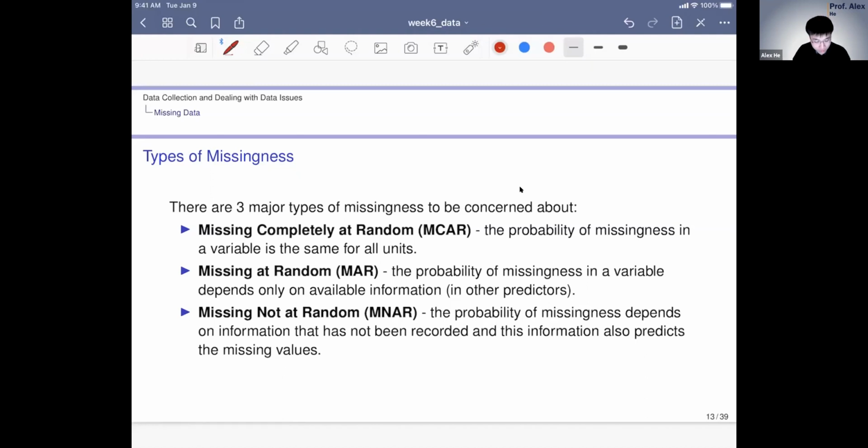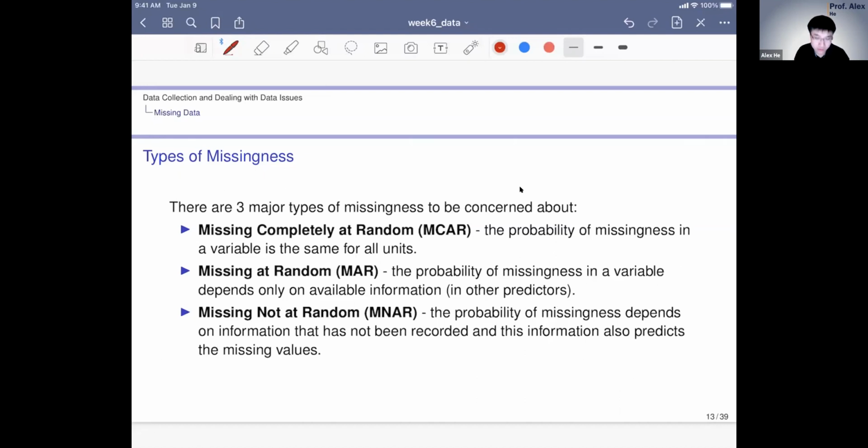The second one is called missing at random. It sounds similar, but it's a little bit different. So it means that the probability of missing in a variable depends only on the available information. So you have a bunch of variables that you observe, and the probability of missing may be a function of these variables